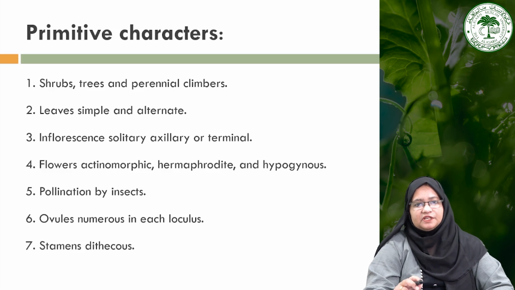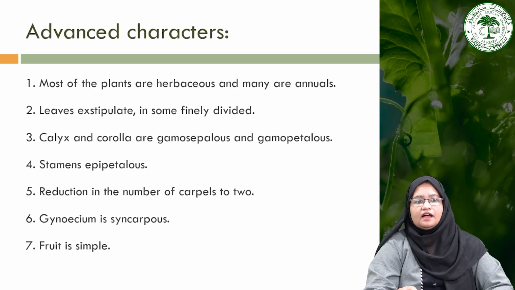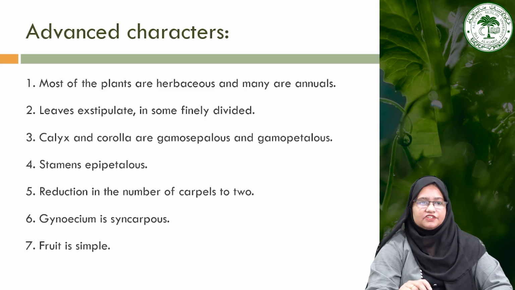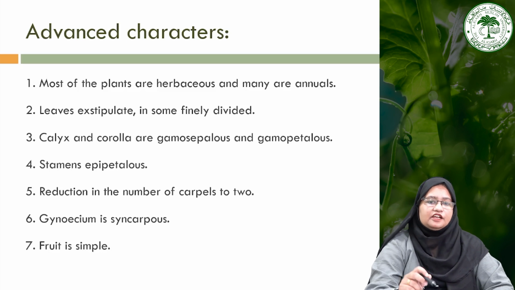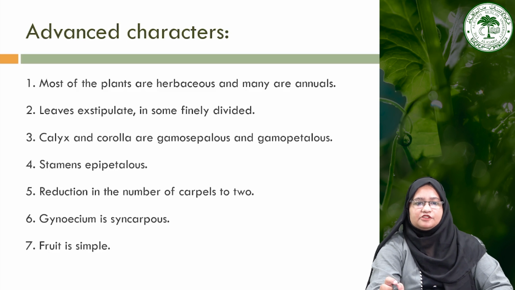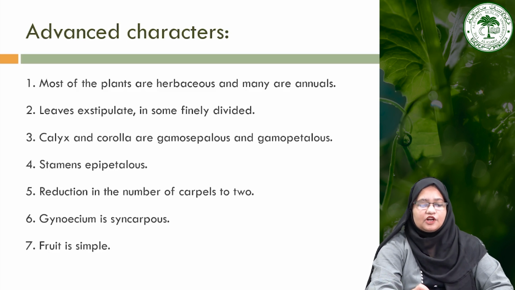Now moving towards the primitive characters of this particular family. The leaves are simple and alternate, flowers are actinomorphic, and petals and stamens are free in some genera, and ovules are bitegmic. So all these are primitive characteristics, but as we can see here, very few primitive characters are mentioned. This slide shows some advanced characters of the family Cucurbitaceae, like plants are herbaceous with climbing habit. Corolla is gamopetalous in most of the genera. Similarly, complex structure of stamens, that is loss of anther lobes,